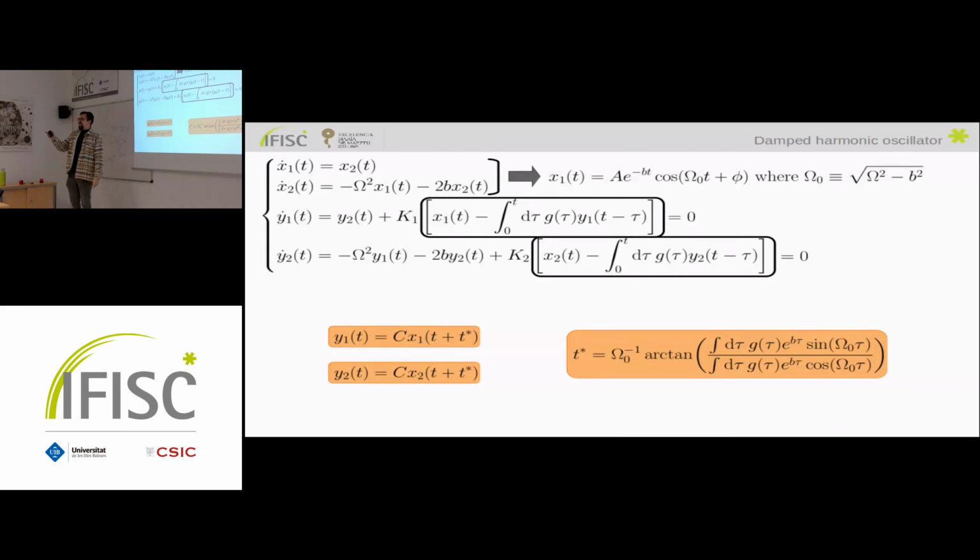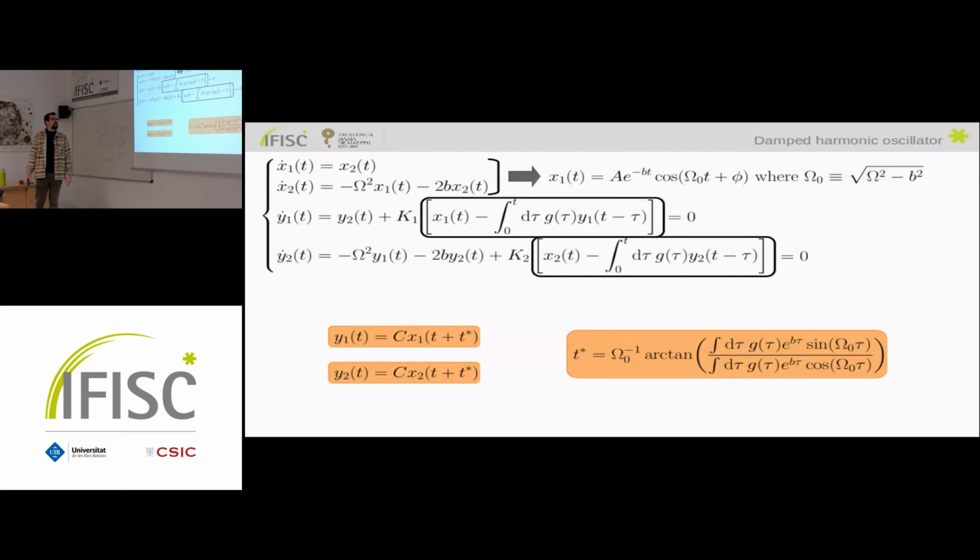Okay, so as I was saying, you have some anticipation time, which is a kind of funny average of your distribution, and you also have some amplification. Of course, if we plug that back into the equations, we can see that since the system is linear, this is still a solution. If the system wasn't linear, then this constant can give some troubles. But for a linear system, this is still a solution. But now the question is: is this a stable solution, or is it not stable? Or in which region of the parameters is this solution stable? We can work this out from two points of view. We can do it analytically, and we can do it computationally.